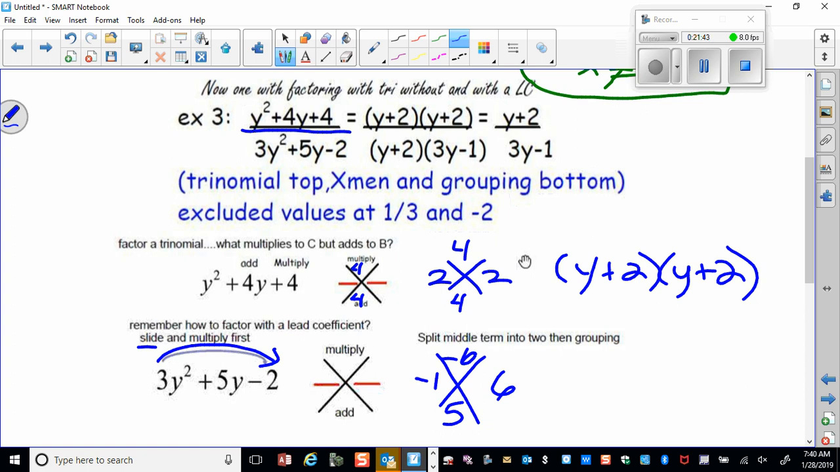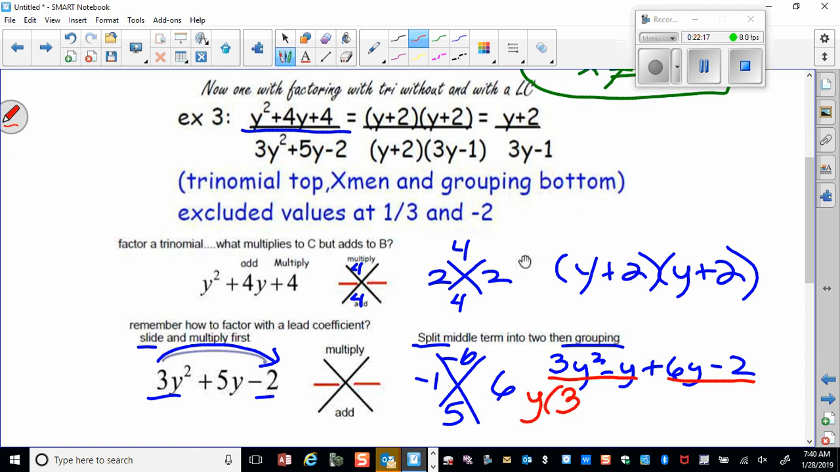So those two factors, now I'm going to do my grouping, right? So that's the slide and then split the middle term. So then I've got 3y squared minus y plus 6y minus 2, right? So you keep the first term and the last term right here. And then they're going to do the grouping. So I'm going to look at the GCD or GCF of the first two and the second two. So these both have a y, right? So I can divide, that would be 3y minus 1,